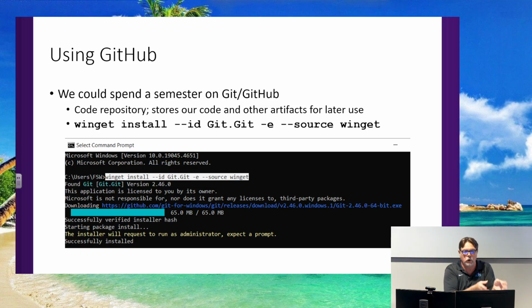You'll create code here on your computer, you'll put it in a Git repository, then you'll push that to GitHub so that when you get home, you can pull it down from GitHub and continue working where you left off. When you're done at working at home, you'll push those changes back to GitHub. You'll come back here, you'll pull it from GitHub to your local Git repository, and you'll continue working.